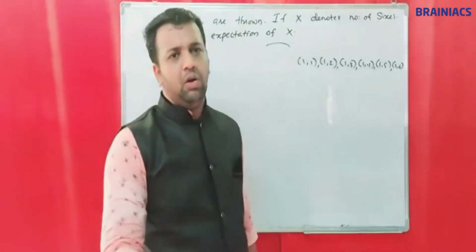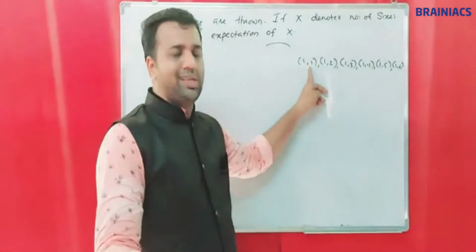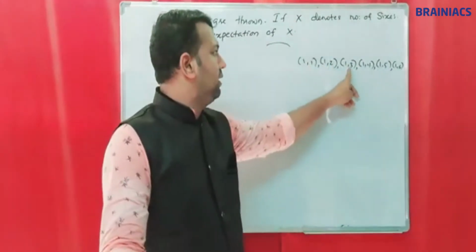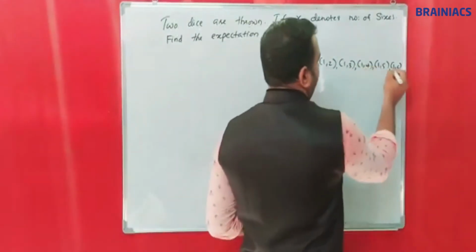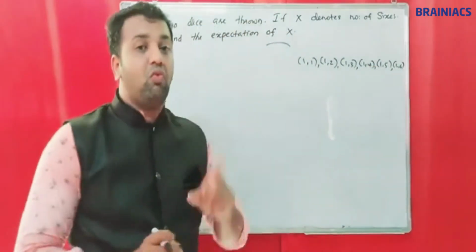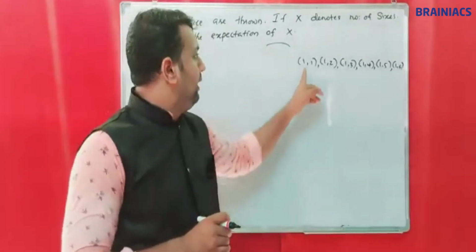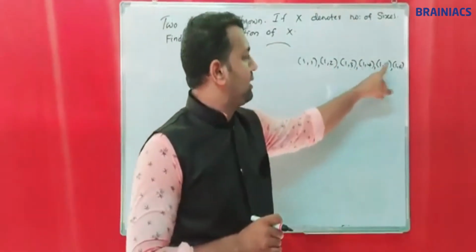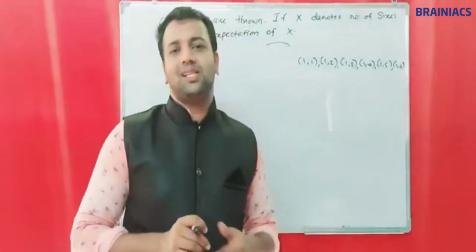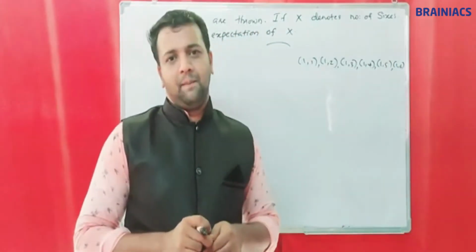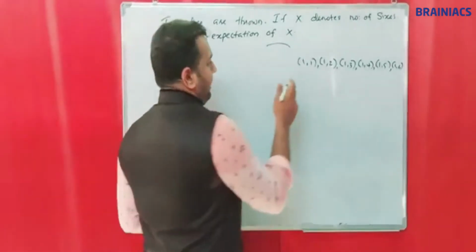In this row, 1,1 carries no 6, and 1,2 no 6, here no 6, here no 6, here no 6, and at last there is 1,6. So in the 5 cases, the number of sixes is 0, and in the last case, the number of 6s is 1. Okay. Like this,